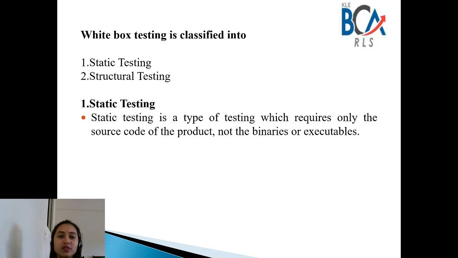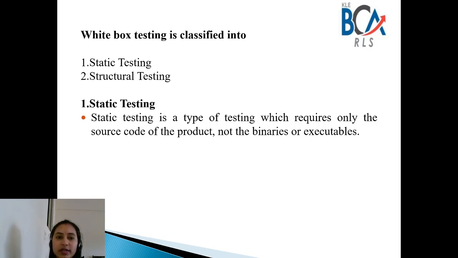Some of the things tested by static testing are whether the code works according to the functional requirements given by the customer, and whether the code has been written in accordance with the design developed earlier in the project development life cycle. You check whether the code is developed in the specific programming language which you decided before, whether it meets all the requirements defined in your SRS document, and whether the code follows all the applicable standards. You need to follow all the code standards.